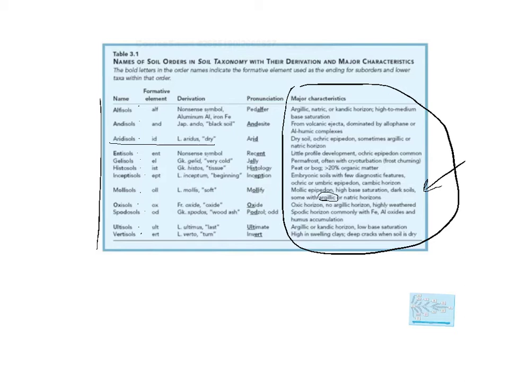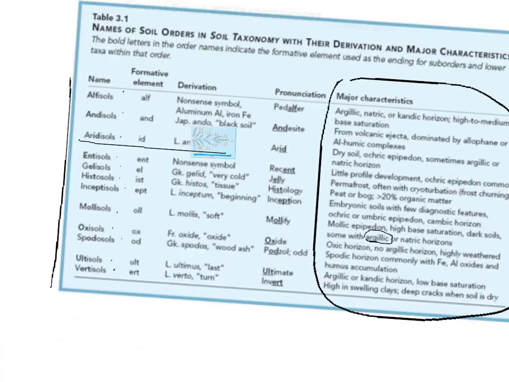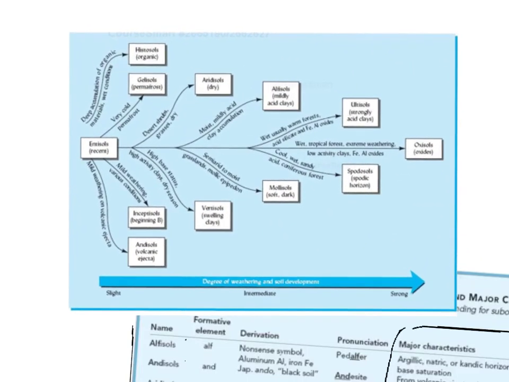Along with that, let's bring this picture up here. Oops, let's put that on the side. There we go. You'll see in this next figure, figure 3.6, that it lays out the 12 soil orders in terms of how little or how much these soil orders have been weathered. Have they had a lot of weathering, or have they had just a little bit, so that we don't have a lot of soil forming processes